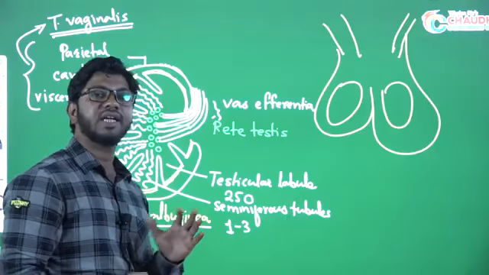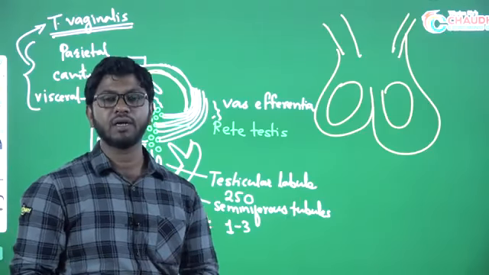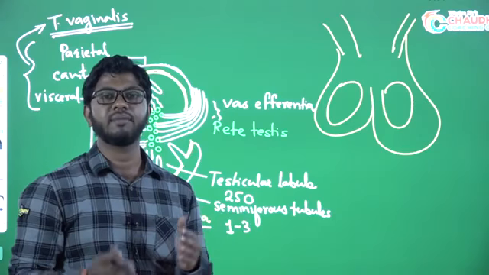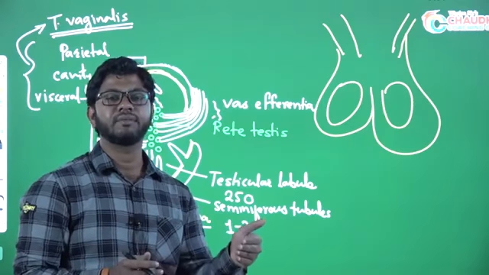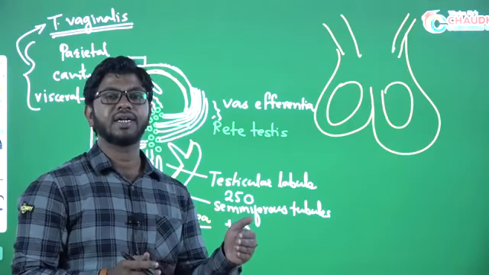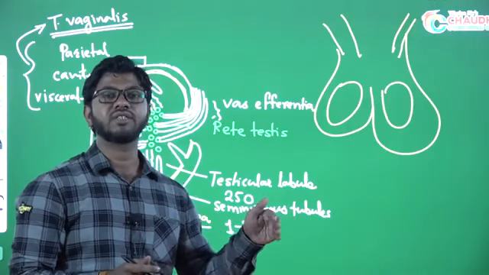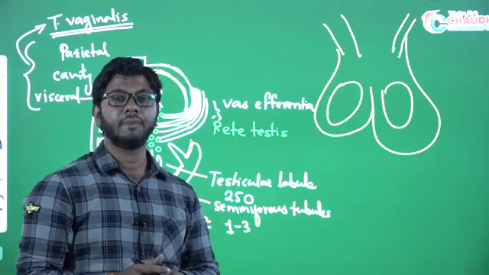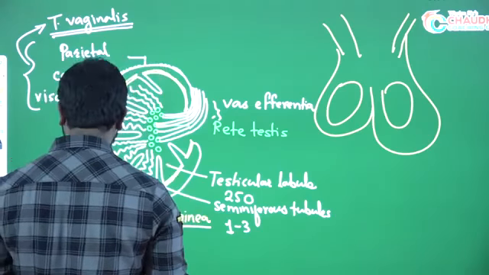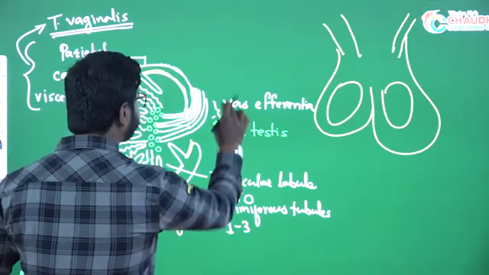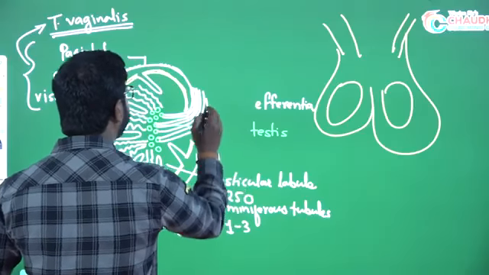So when we are arranging the sequence of ducts in the male reproductive organ, the first tube is the seminiferous tubule. From the seminiferous tubule, second is rete testis. Rete testis continues into the vasa efferentia. Vasa efferentia open into the epididymis. So this epididymis structure somewhat looks like this, I am drawing it for presentation of epididymis.